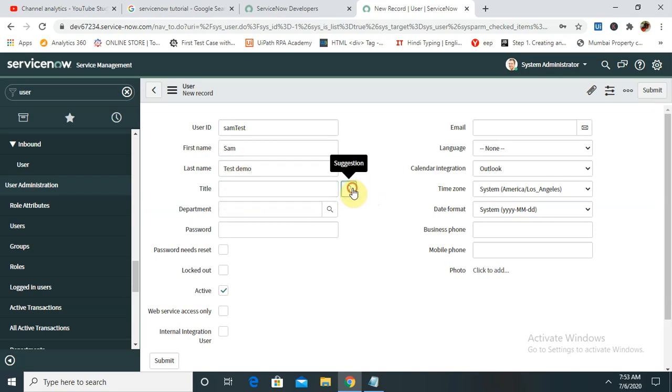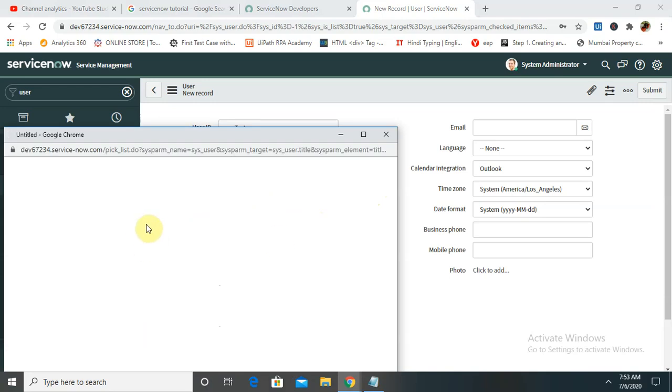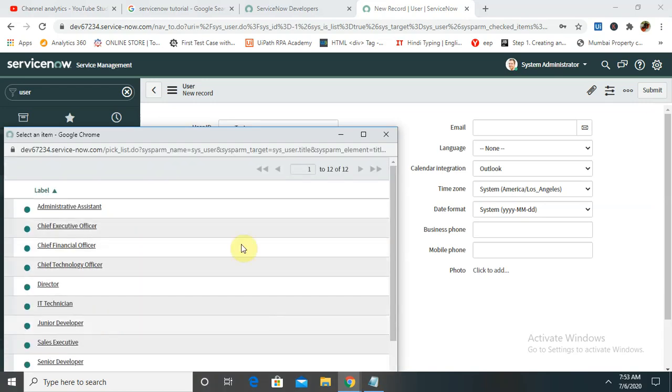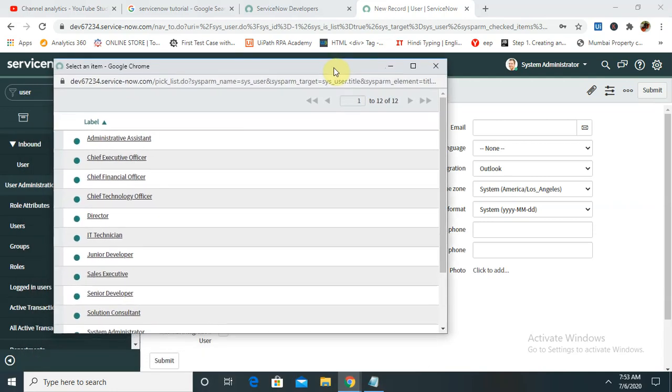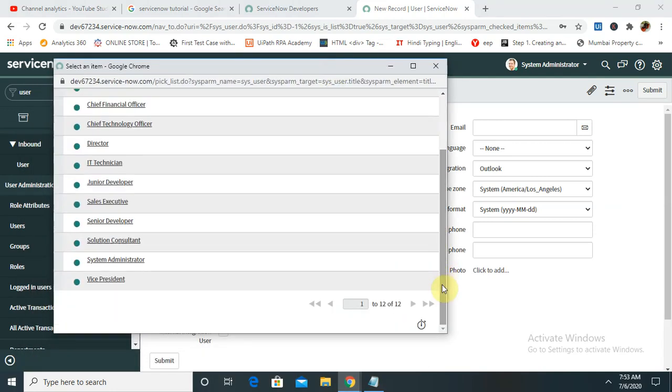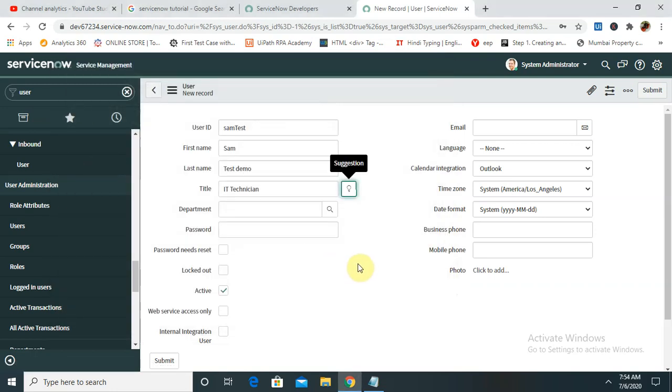Title: if you want to search the title, you will get some title suggestions like solution architect, system administrator, vice president, director for the user credential you are creating. I want to create a login credential for only an IT technician who will handle the incident raised by a user for resolution purposes.